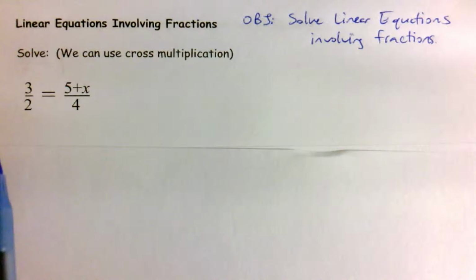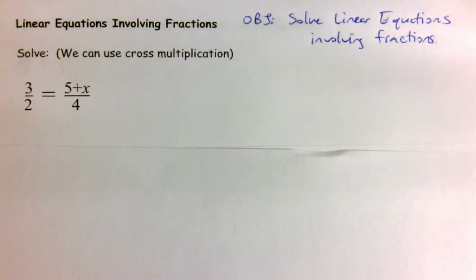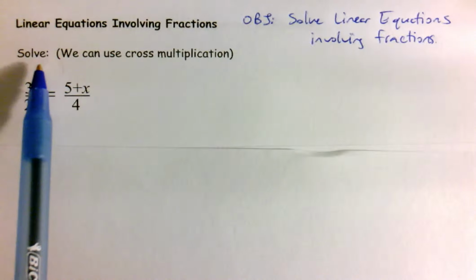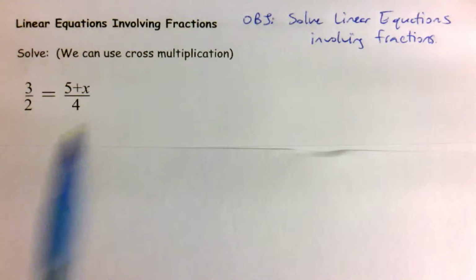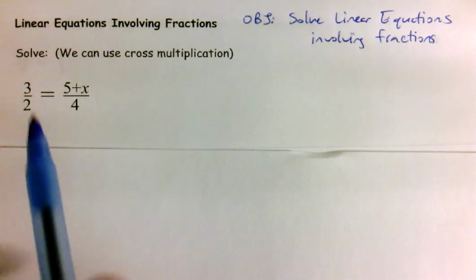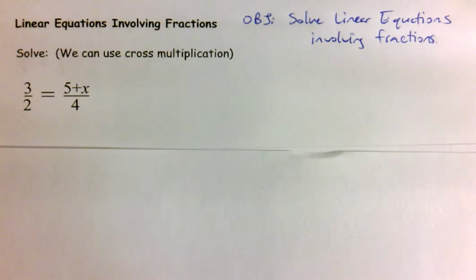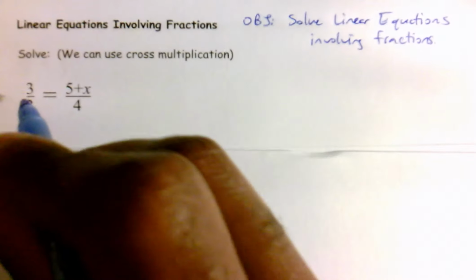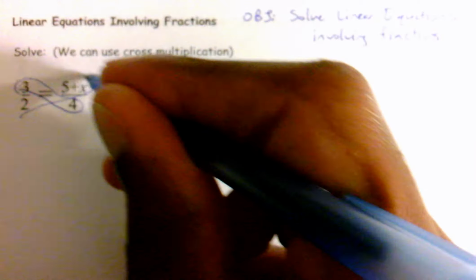So for our first example, we have 3 halves is equal to 5 plus x divided by 4. And we see in our directions we're asked to solve this and we're given a hint. It says we can use cross multiplication. We learned about this procedure before. We know that if we have two ratios or two fractions set equal to one another, we can use our method of cross multiplication, where we multiply the numerator and denominator across the equation,